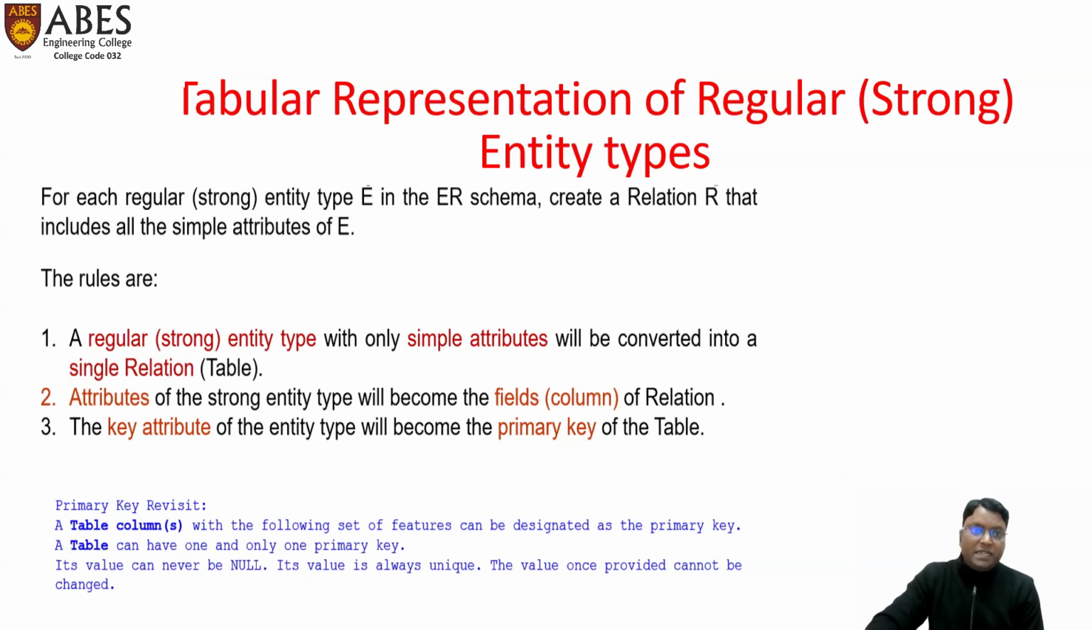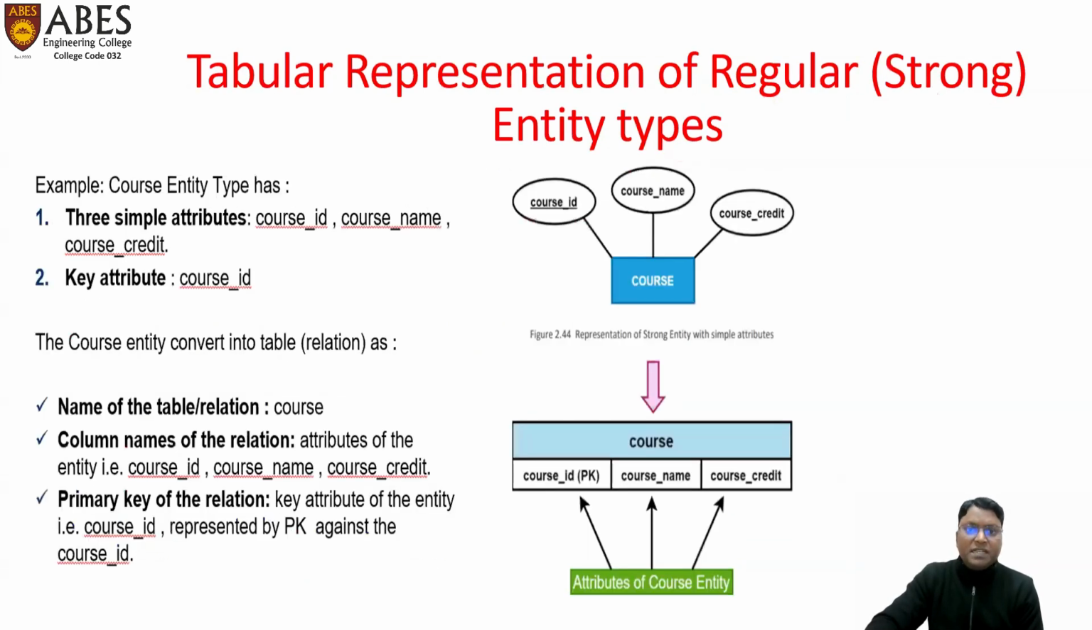Let's understand this by the example. Consider this example. In the course, we have a course entity and attributes of the course are course ID, course name, and course credit, where course ID is marked with an underline. So course ID will become the primary key because course ID will be unique for each course. So three simple attributes, course ID, course name, and course credit, and the key attribute is the